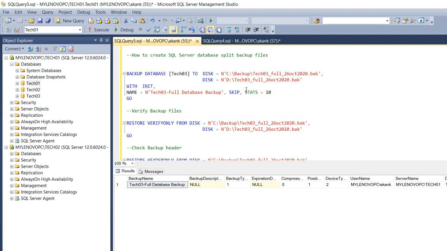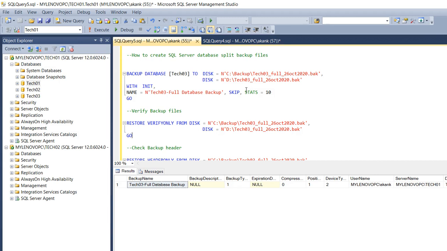Whenever you have a space crunch or the database size is too huge, if you are going with a single backup file, definitely you will get the disk IO alert. Also, it will take too much time, and also, if the requirement is that you need to send the backup to someone else, then a bigger database backup file will take too much time, right? So this is the best advantage of taking the split backup.